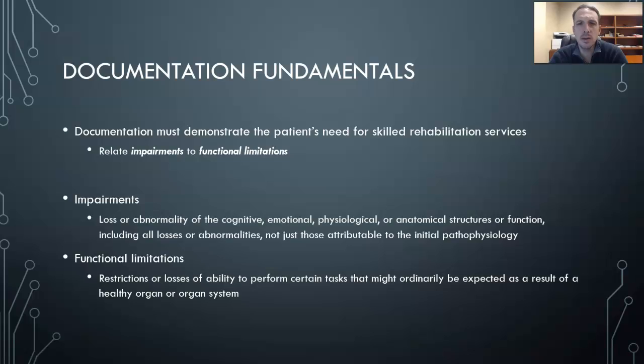And so as such, when we're doing our documentation, we only document our findings based off of the examination. We don't document their actual limitations or impairments. And these limitations and impairments are what they cannot do as a result of their injury. So if they have limited strength, we all know that we would document a decrease in strength. But we should also then document that that means that they may not be able to run or jump or play their sport. Those are things that now become important, specifically when you're asking somebody else to pay for your